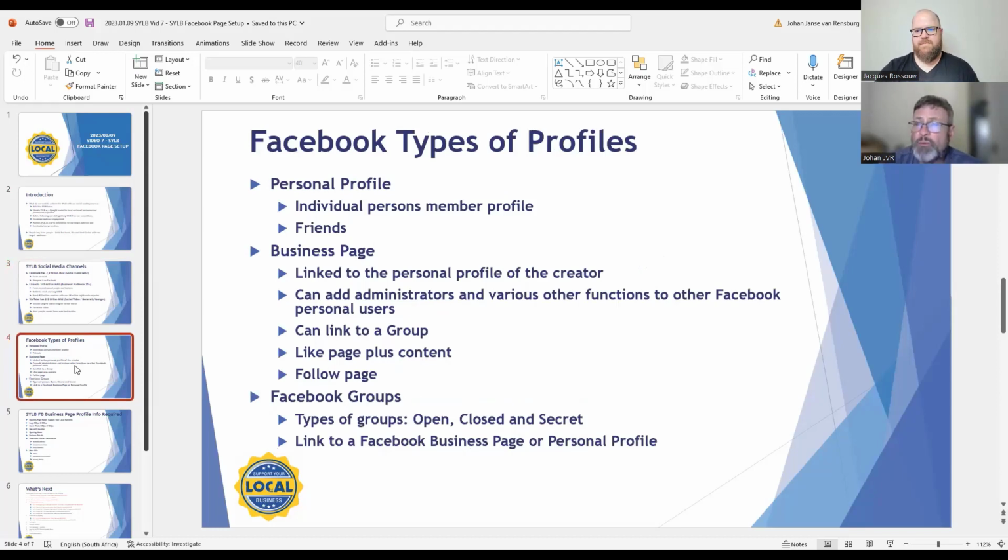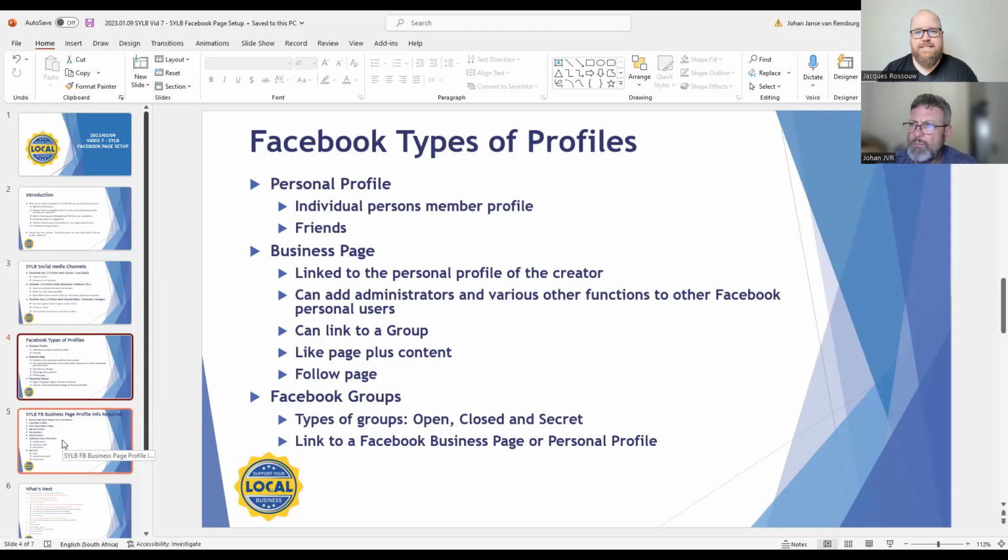Types of Facebook profiles. I think, Jock, you can probably handle this better than I can. So just quickly run through that with the people. Awesome. Perfect. So with Facebook, there's a couple of different things that you should know about. There's a business, and you can think of this as a hierarchy. So you have your personal profile, and everything is linked to your personal profile. So if you log into Facebook, Facebook sees you as you, and you do everything from there. So a lot of people use their personal profile as a business profile or as a business page,